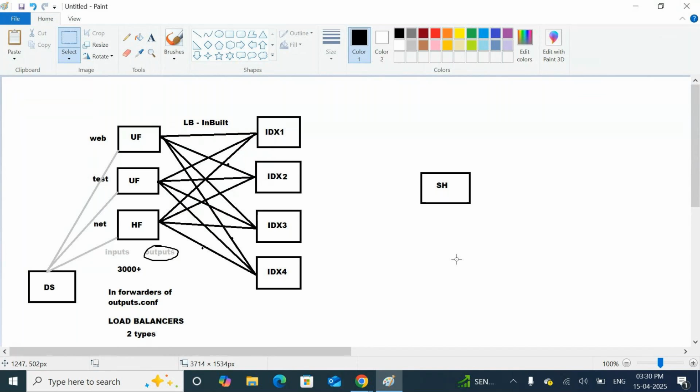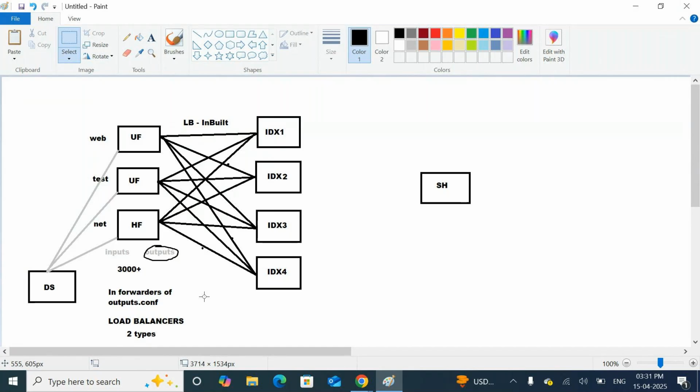Did you say to the forwarders, if your running server is down, please skip and send to another indexer? No, sir. Without initiation, how will it do it? So at least first, the forwarders need to know the indexers' acknowledgement. If you want to skip, first you need to know the status of the indexer, then only can you skip it. So every time, forwarders need to know the status of your indexers.